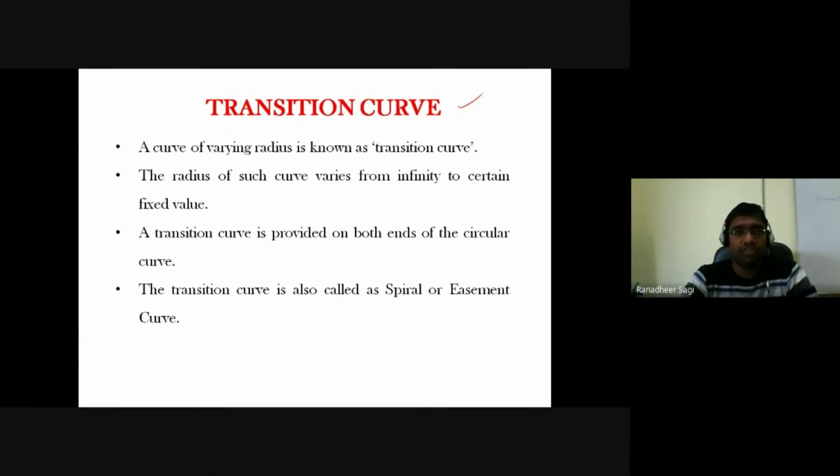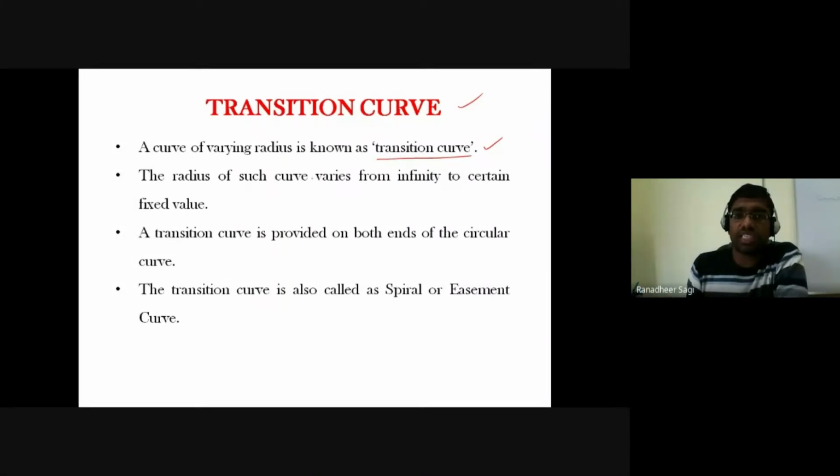In the case of a compound curve, at least for a portion of one simple curve, the radius was constant. For the portion of the other simple curve, the radius was something else, but it is constant for that portion of the curve. In the same way for a reverse curve also. For some portion of the reverse nature of the curve, the radius is constant. For the other nature of the curve, the radius is constant. But when it comes to your transition curve, it is a curve of varying radius. That particular curve which has a varying radius is what we call a transition curve. So a curve of varying radius is what is known as a transition curve.